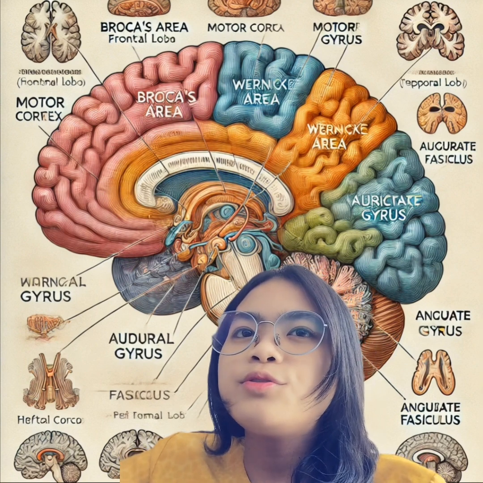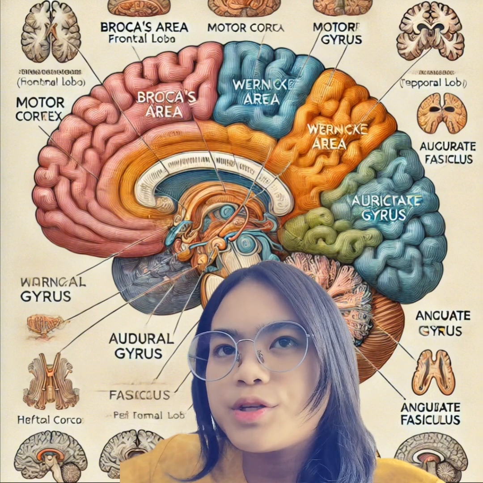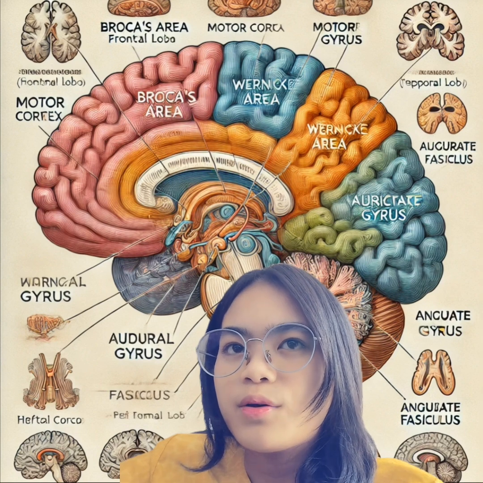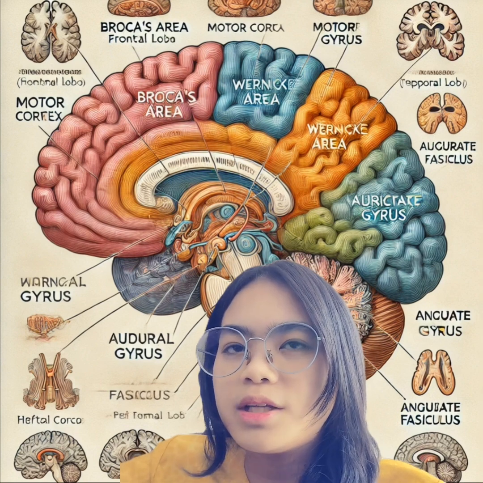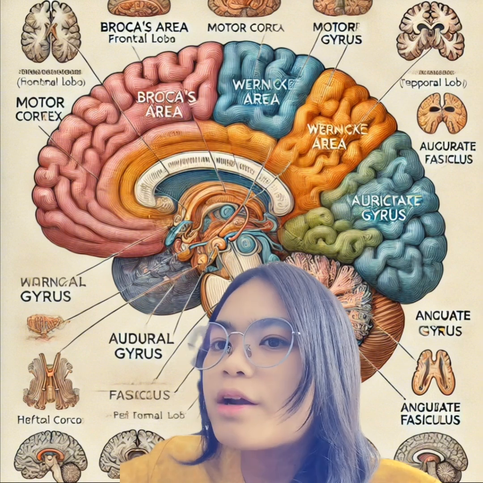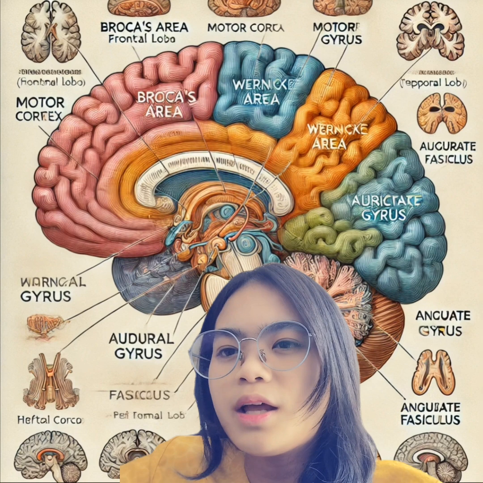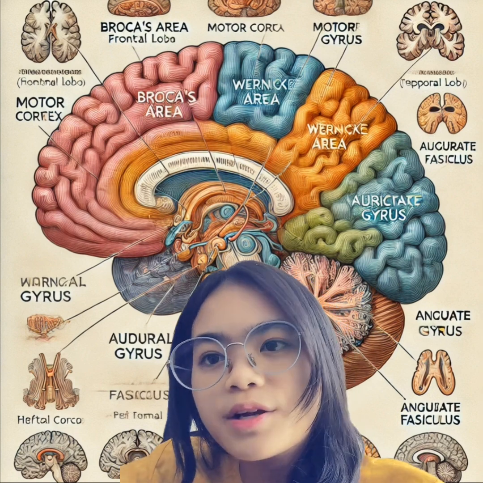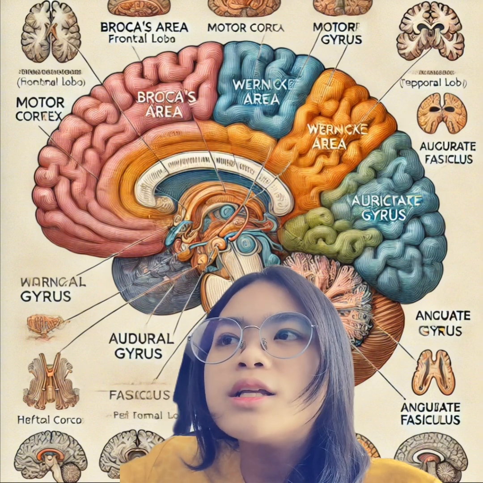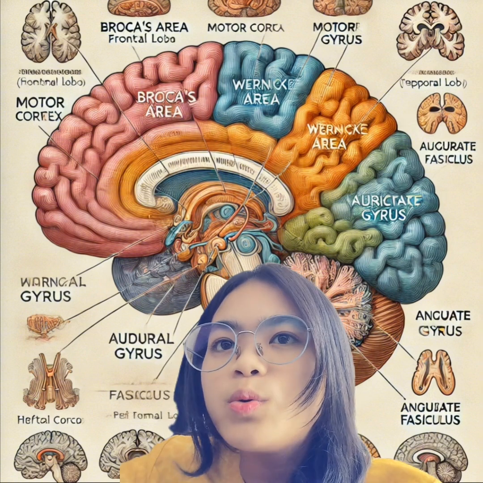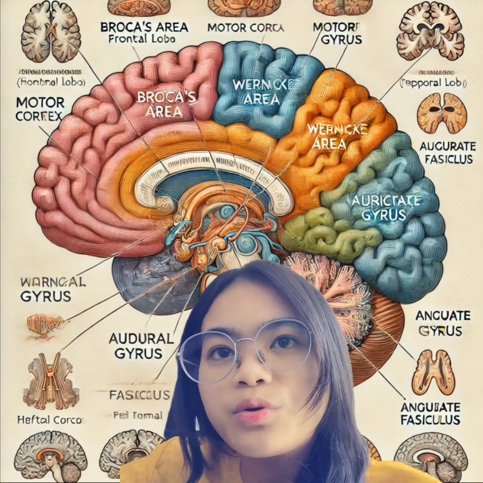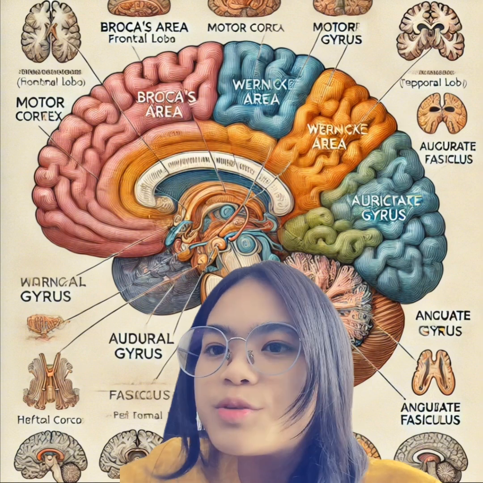Next up, we move on to left versus right brain in language. This one is the left hemisphere, which is language dominant. It controls grammar, speech production, reading, and writing. For example, a left hemisphere stroke may cause aphasia, making it difficult to form or understand speech. The right hemisphere is for emotion and context. This part processes tone, emotion, sarcasm, and humor in speech.